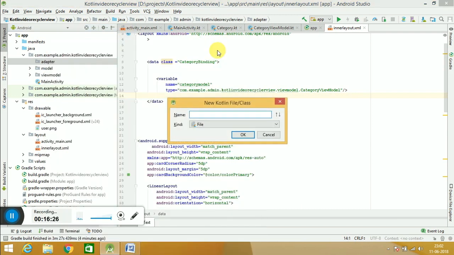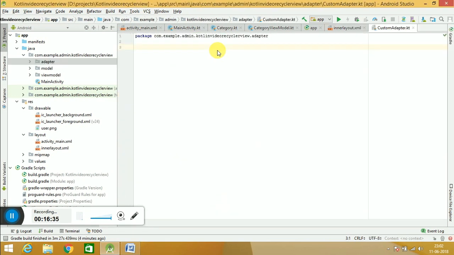So in this adapter, again a Kotlin file, and this is your custom adapter. So this is the main part of your RecyclerView or any grid view, that's the adapter. Because in the adapter we can get access to the things. That's one, and once the adapter is ready, we can call it anywhere. It's a very simple adapter. We can just copy paste it and render the views wherever you want for the recycler, either in Java or in your Kotlin. So I will show you here how we can use the primary constructor also, and